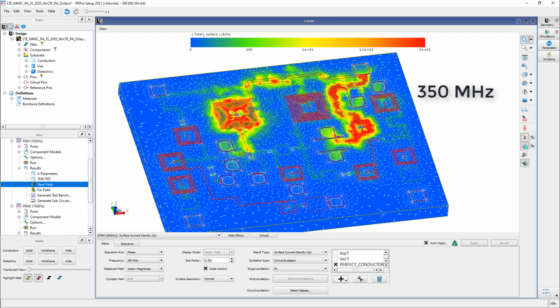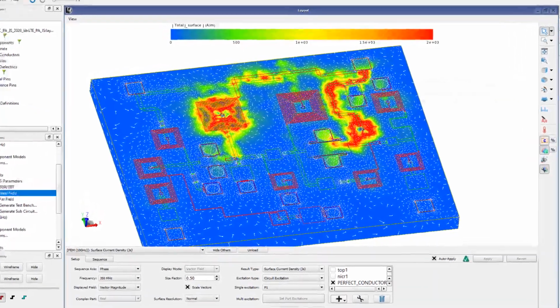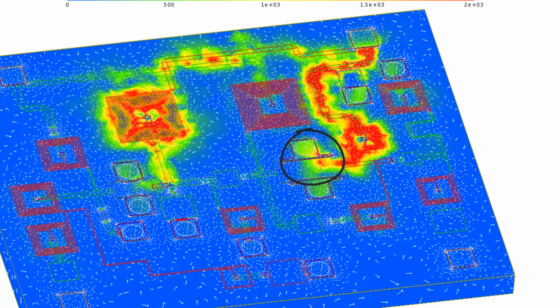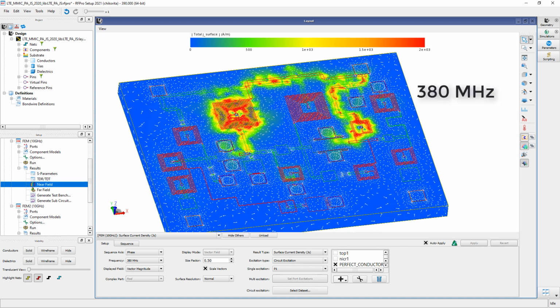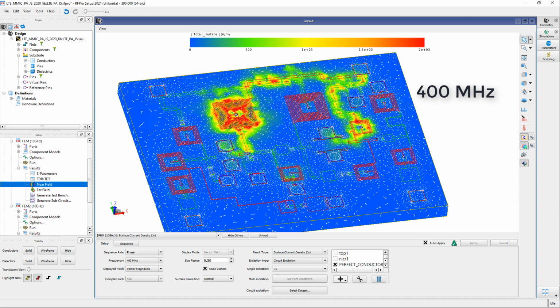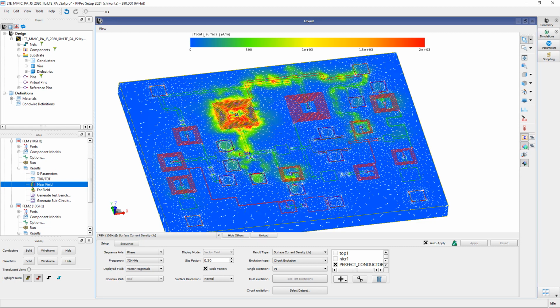Now here we up the frequency to 350 megahertz, and now we clearly see the effect of the blip or the spike. Also, look at the coupled current density at the FET top via. Now we go up to 380 megahertz and we still see the effect of the blip, but a bit lower than that at 350 megahertz. Now this one is at 400 megahertz and we see the current density at the drain line is going lower. And here at 700 megahertz, the effect of the spike or blip is gone.